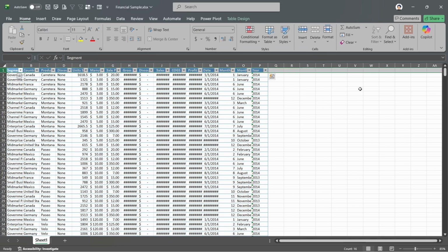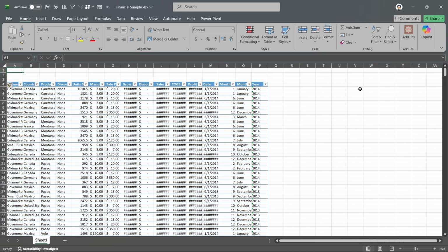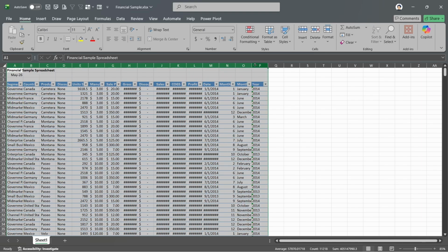So I'm going to just insert a couple rows, and I'm going to say maybe I have a title like financial sample spreadsheet, and let's just say I'm making this in May 2026. Okay, so when I do this, let's make it bold just because, why not? When I do this, if I select everything just like we just did and double click,